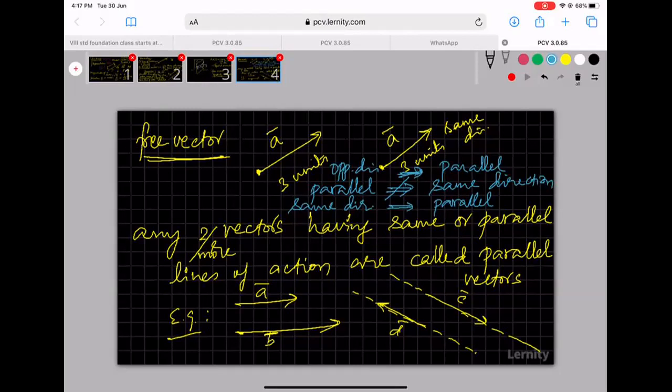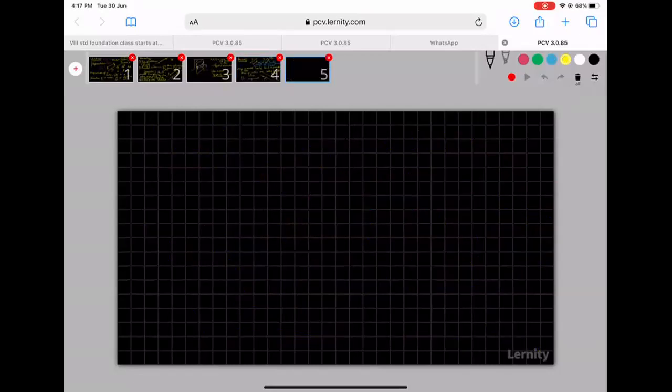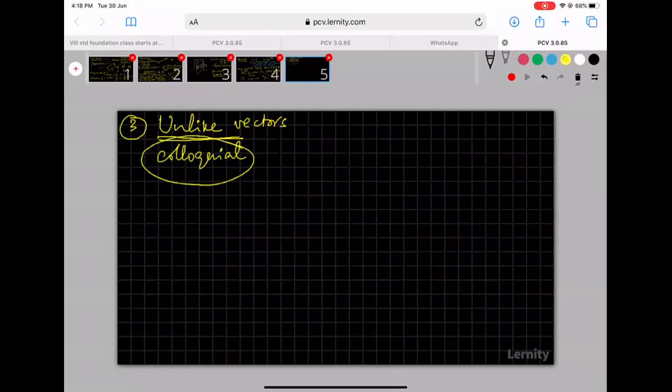So, another terminology. Now, the third one: there is a word that is commonly used called unlike vectors. But this is not a technical one, more of a colloquial word. You may not find it in good textbooks, but there are many textbooks these days that keep using these terms. Unlike vectors, or they may also use anti-parallel vectors. This is not exactly a technical term. In mathematics, you will not find these words in good books.